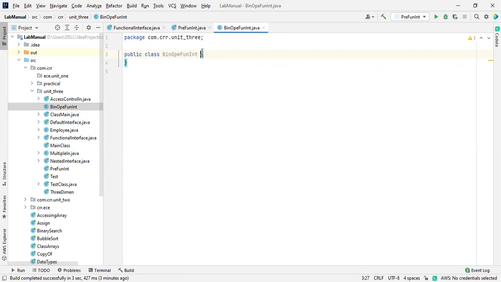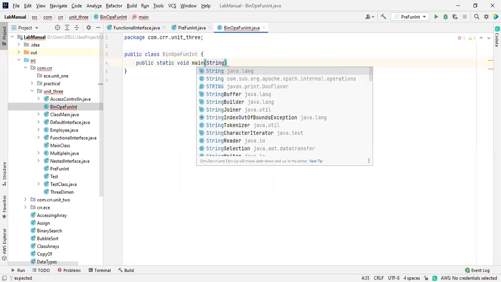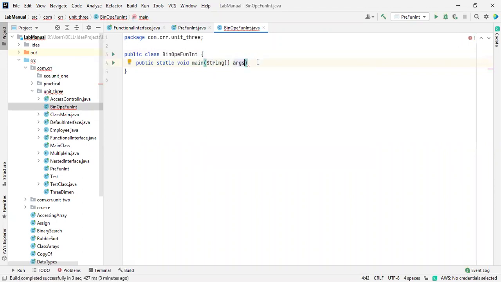For this, I need to mention public static void main, String arguments. So what is the usage of this? While sending command line arguments, we can send those values, or for testing purposes we use this, and the compiler comes to know that this is a main method. Only then the compiler knows this is a main method, or else it can't be identified.